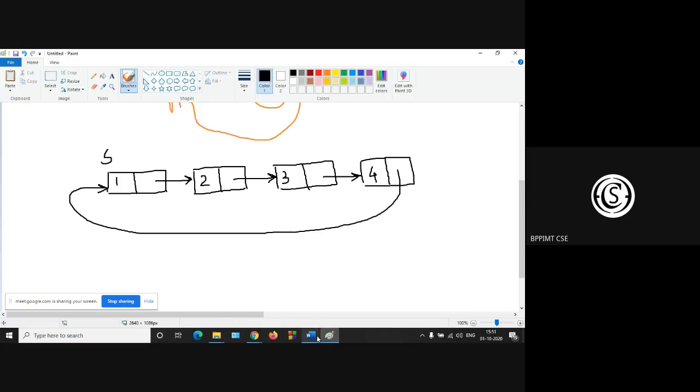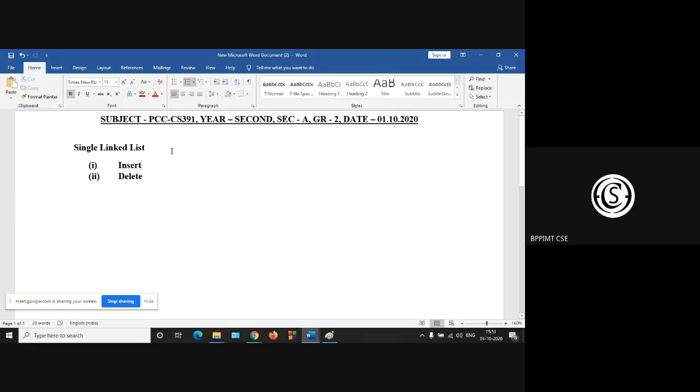Now, in circular linked list, we have to first create, then insert. The operations are the same: at beginning, at end, at any specified location.